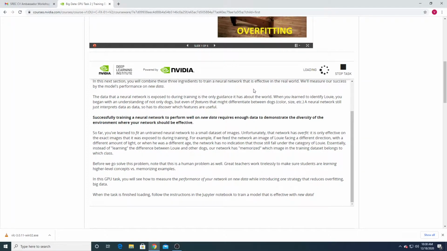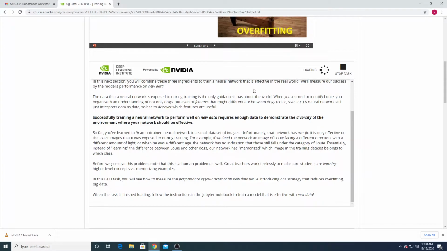As I said, in the second lab, we are going to combine things. For any deep learning application, we require three things. One is the dataset, that is the historical data on which you want to train the model. The second thing is the model architecture. And the third thing is compute. We have a model and data, but to train and test your model, some computing power is also required.